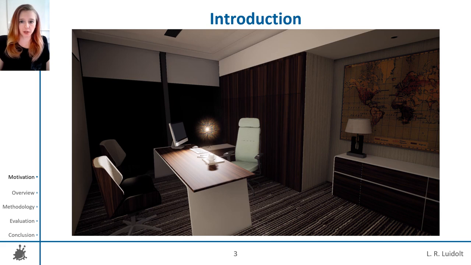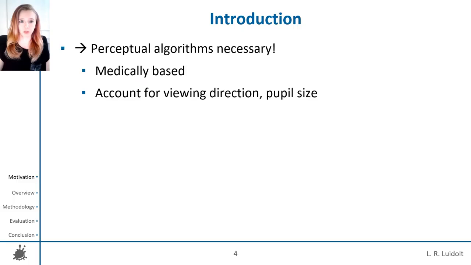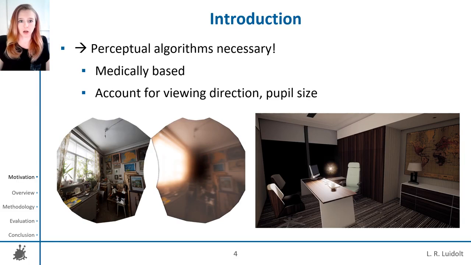For convincingly realistic VR scenes, immersion is a significant factor. Therefore, we need to simulate what can't be seen on LDR displays. Algorithms approximating the human perception are necessary for realistic simulations. A medical basis can help to understand and simulate such visual effects. The gaze direction and the pupil size play an important role in these effects as well. Finally, such algorithms can be used for more accurate simulation of eye diseases, more realistic architectural lighting design, as well